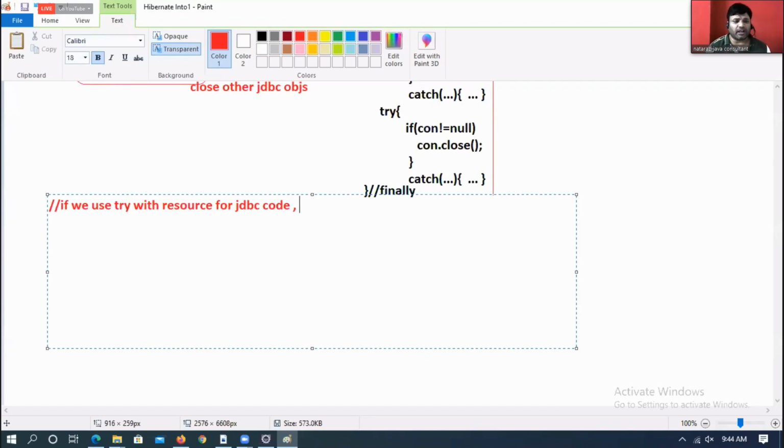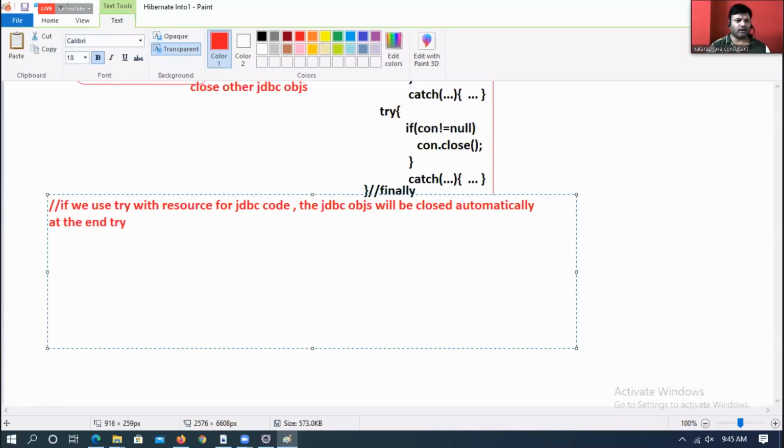If you use try with resource for JDBC code, the JDBC objects will be closed automatically at the end of try.